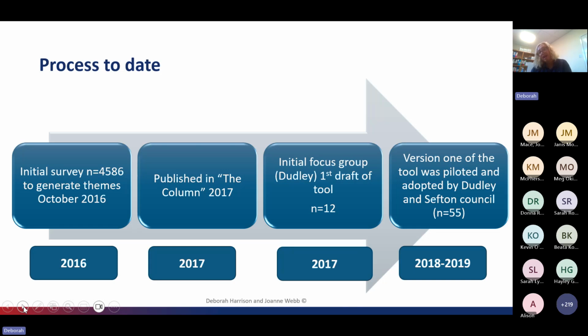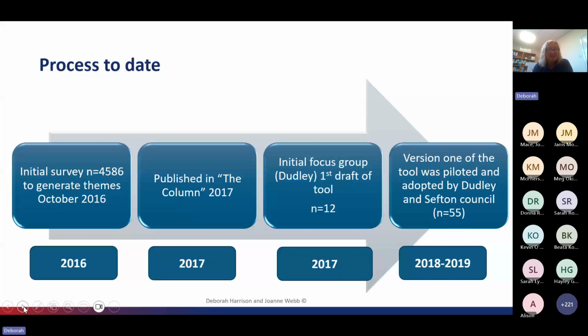Initially it was 55 people, but it grew exponentially. The more we piloted it, and used that whole Delphi approach, with focus groups and then more focus groups, the more we adapted it as the research process took place. For those of you not familiar with research processes, and thinking it's nearly 9 years since you started this, the tool has been out there for quite a while now, but it does take a while to get published. I've got to tell you that.